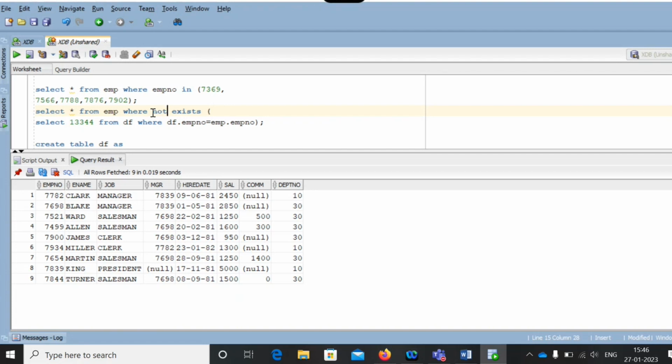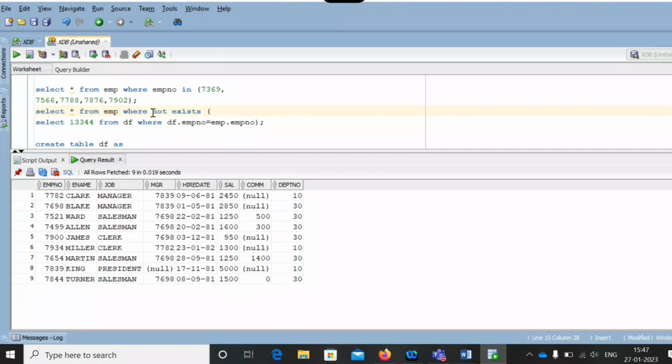But the exist operator won't check whether the value is present or not. It checks what satisfied values we have in that select statement. For all the records, it gives true, true, true, false, true, false, true, false, something like that. If you are using exist, it will display all the true values for you. If you are using not exist, it displays all the false values for you.